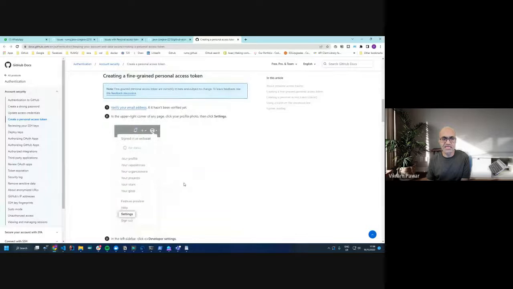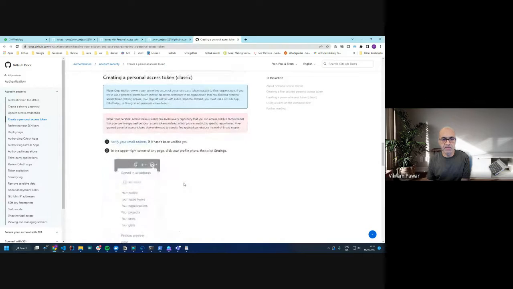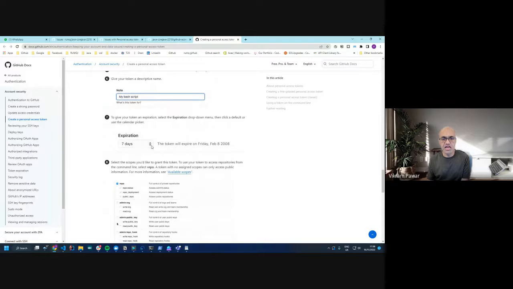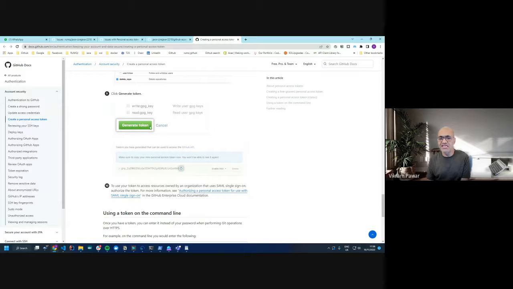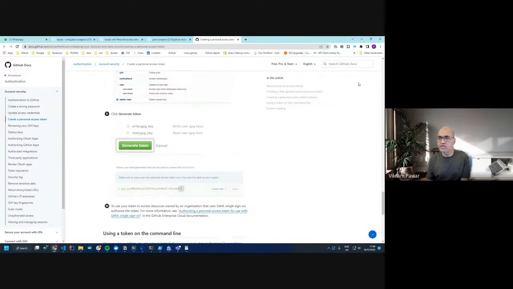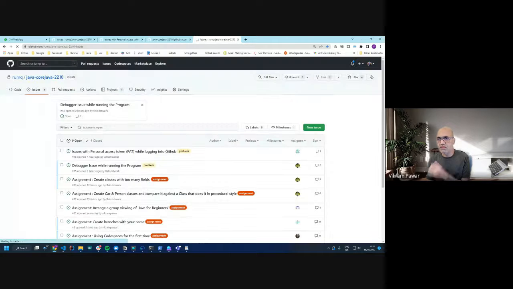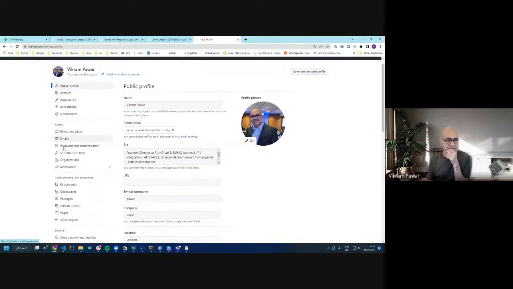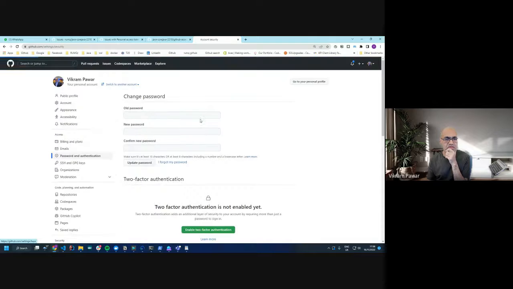You just follow what it says, and then you come to the end and you get a personal access token, which you use instead of a password. Just make sure that it expires in 90 days. Then you can generate as many tokens as you want. For example, if you go to mine, settings, somewhere here. Code analysis, developer settings, password authentication, not that one.